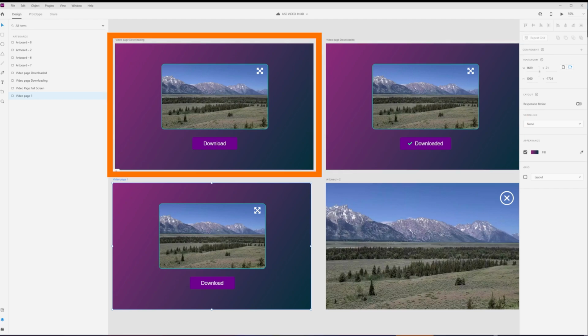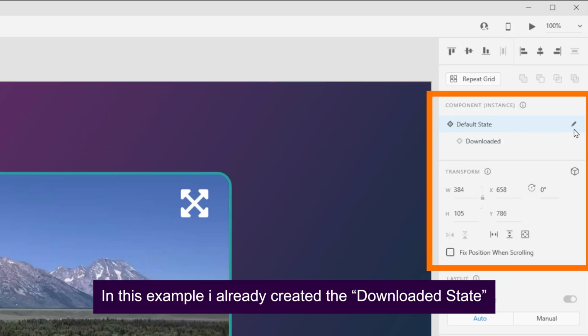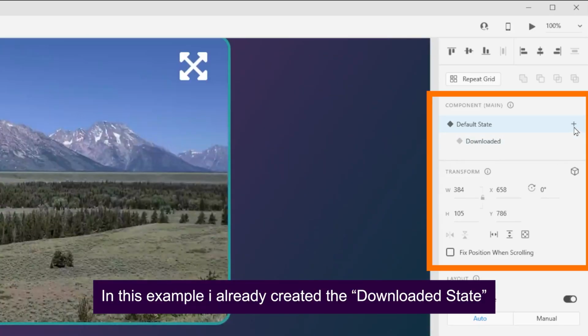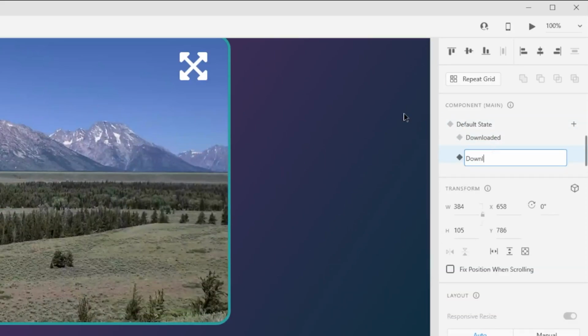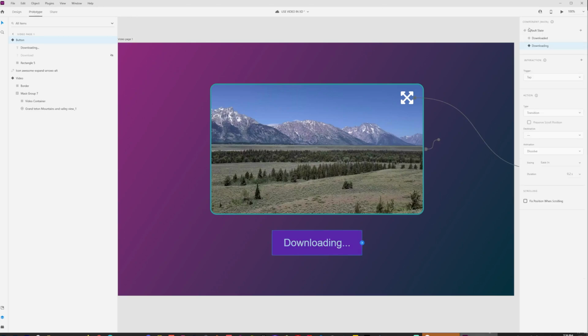So first let's go to artboard 2 and click on the download component. Let's add a new state, and this is going to be our downloading state where the Lottie animation is going to be placed. I'm going to name this downloading. Now that we have our downloading state created, let's go ahead and click the button component and let's add the